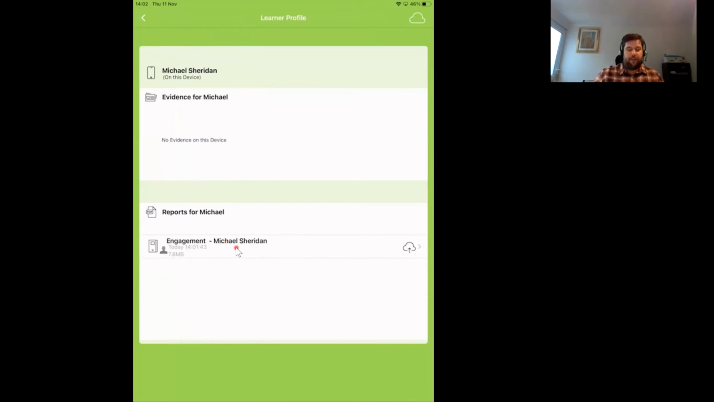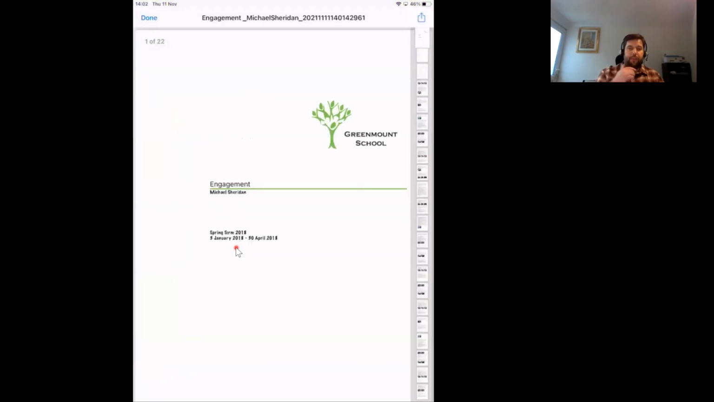But as it's just a demonstration, I'm just going to open it so you can see what the indicator report looks like around engagement for Michael. So this is the demonstration school. If this was yours, you'd have your school name, your logo, and the name of the learner comes through. I called this report engagement. And if I scroll down further,